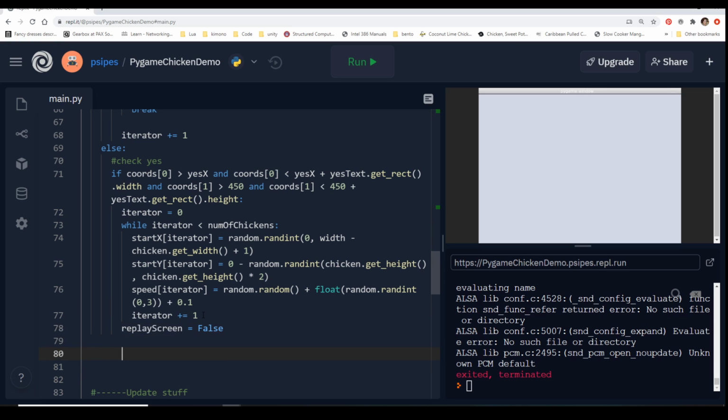So now we need to check no. And for that, we're going to do the same thing. We're going to say, hey, if chords 0 is greater than no x and chords 0 is less than no x plus no text dot get rect dot width,